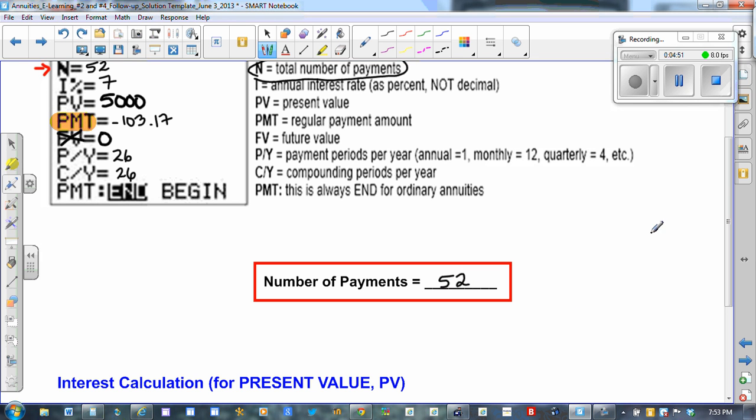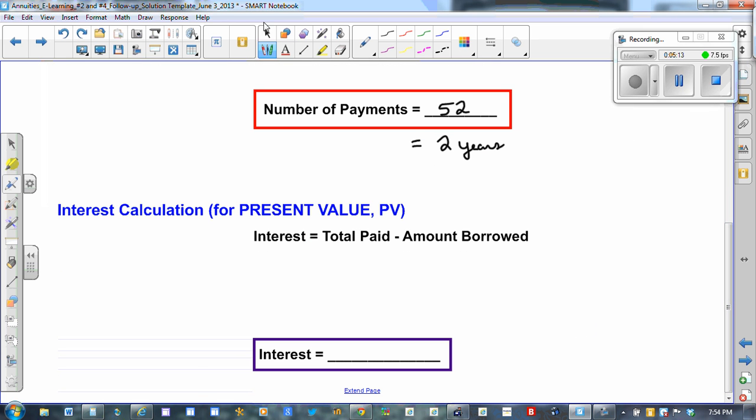Now it's 52 payments, that's every 2 weeks. So that's actually going to work out to be about 2 years. There's 26 two-week periods in 1 year, so in 2 years you'd have 52. Now the interest calculation is a little bit different than last time. It's the total paid minus the amount borrowed. That should make sense because the amount borrowed would be less than what you've paid back in total,